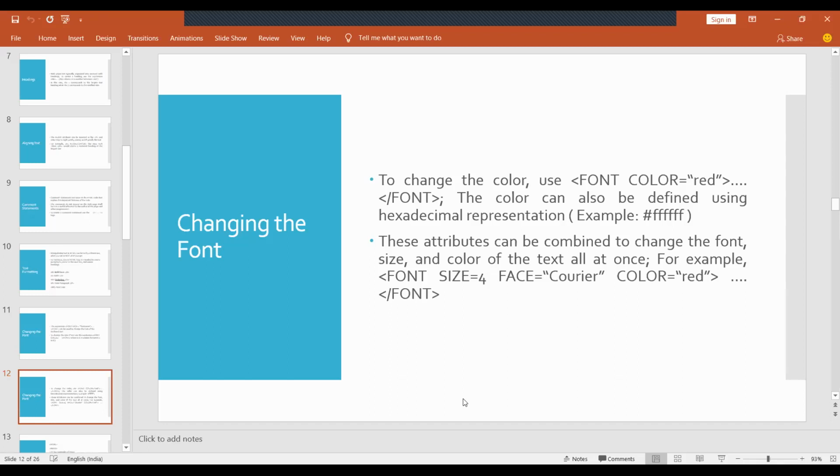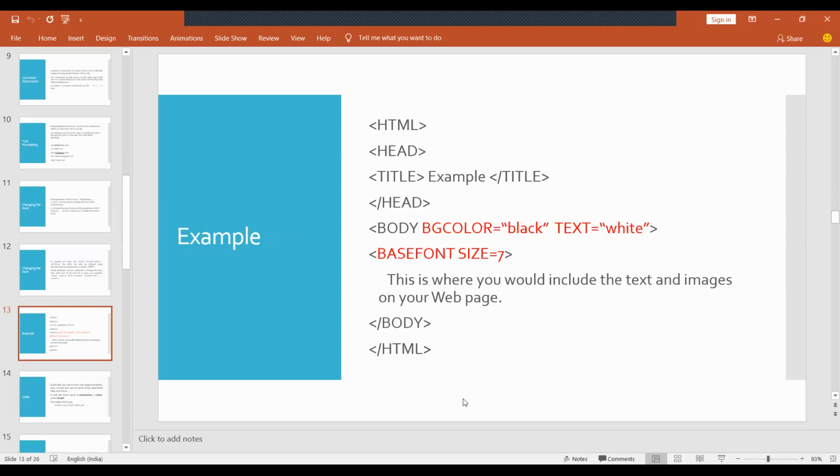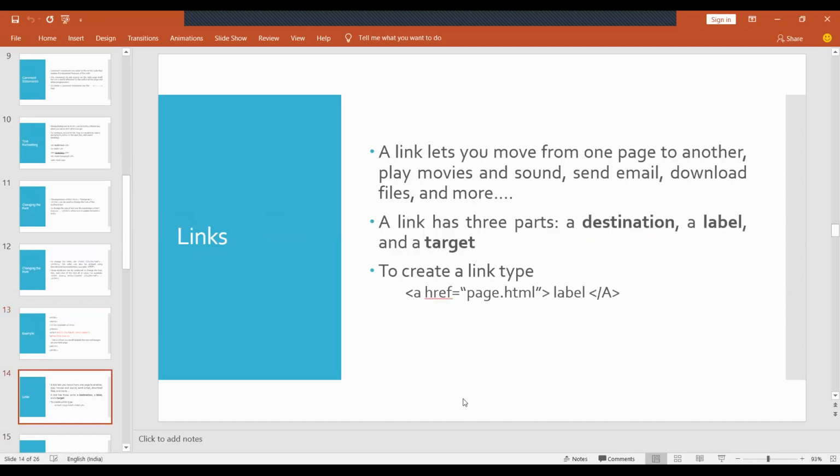That is a combination of the RGB method, red, green and blue, where you take input from A to F, or from numbers 0 to 9, and based on that combination the color is affected. Next we have the body tag attribute bgcolor, which sets the background color. It means you apply the color to the background, just as using the font color you change the font.